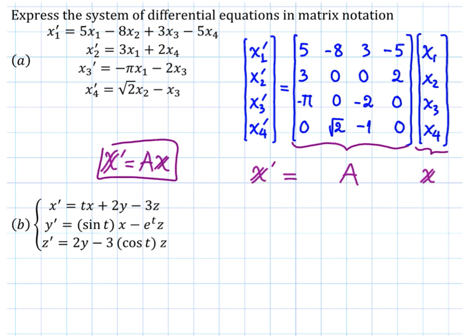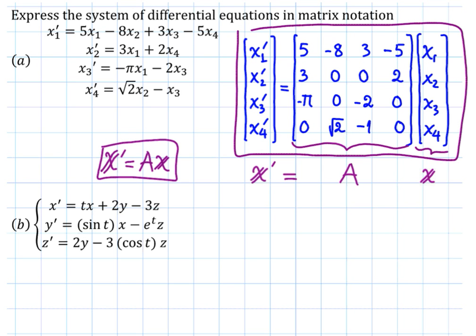But actually we can just also give the answer in this form, which is perfectly fine. So what we do is just put the derivatives on one side, the variables on one side, and the coefficients in the matrix. For the second problem we will have a vector of derivatives: x prime, y prime, and z prime, that equal to,